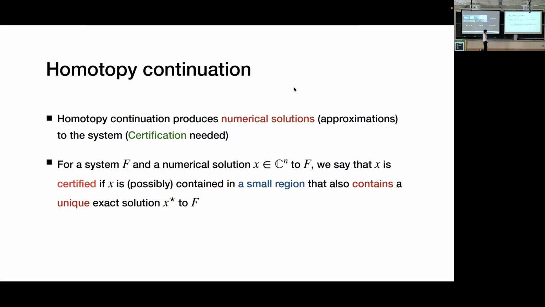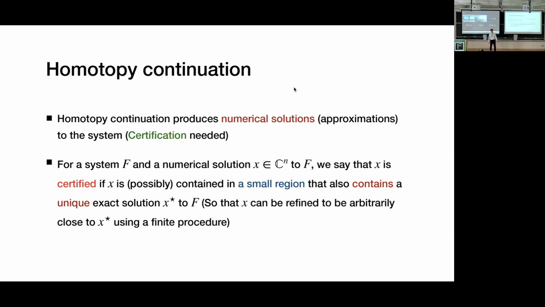Why do we define a certified solution in this way? Because if you have this type of small region, then by using, for example, Newton's method, you can refine any point in this small region to get this x star up to arbitrary precision with infinitely many steps or something like that. So you must have some assumption for that region to do that. Right, so you should have some small enough region that you can guarantee the Newton operator converges to the